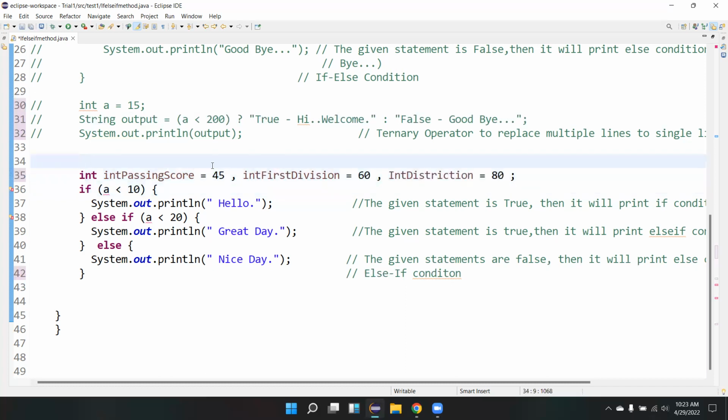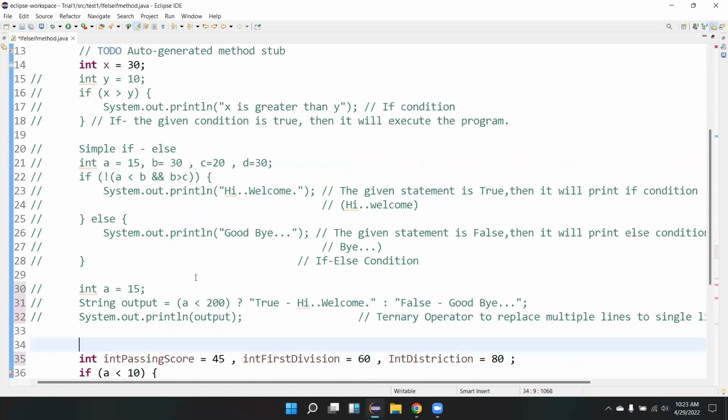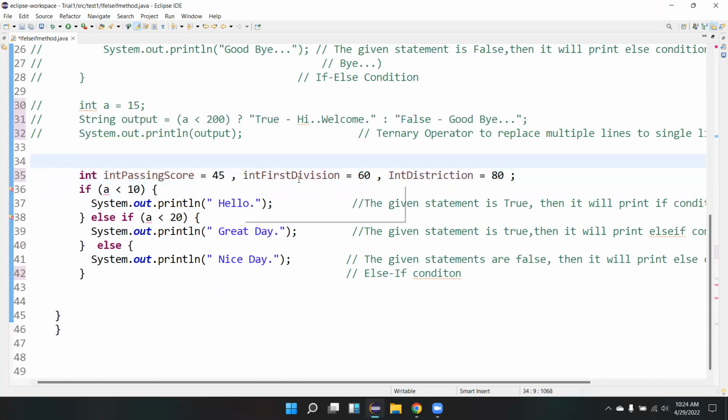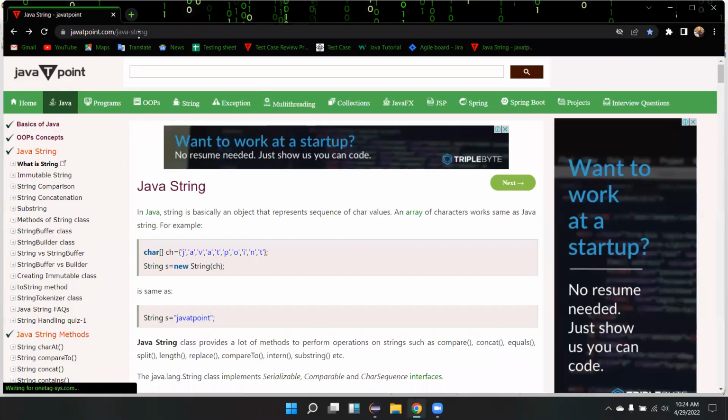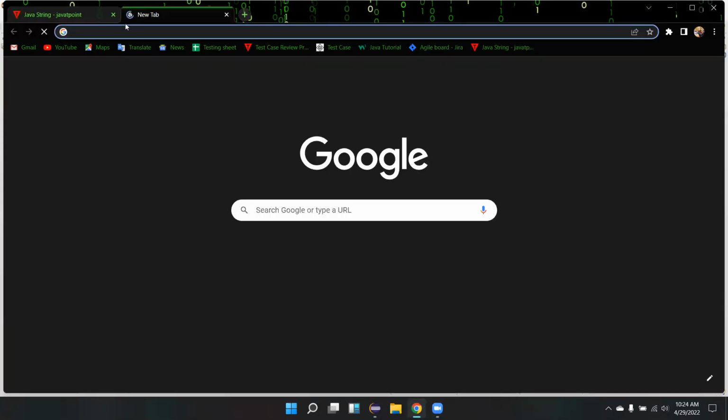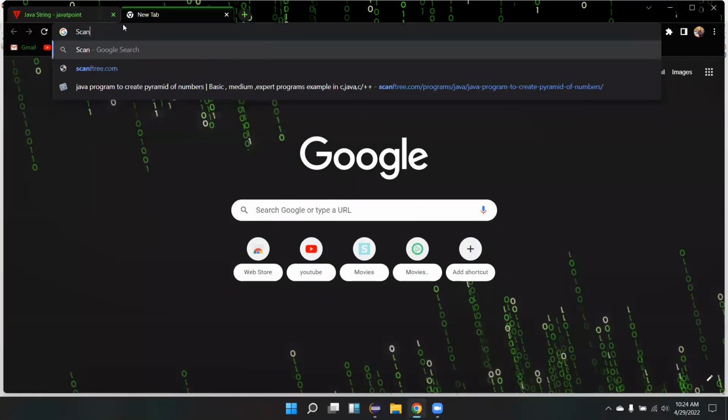Now, how can we get input into this script? I wanted to give some input to the script. How can I give that input? These are the things you need to try out.